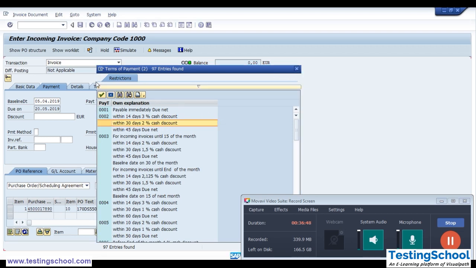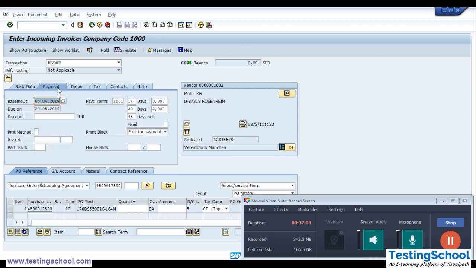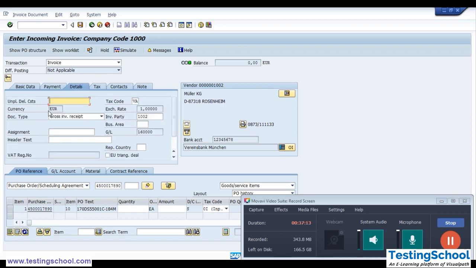And this is mentioned here in the basic tab. See here, within 14 days, 3% discount, within 30 days, 2% discount, and within 45 days net. Net you need to pay, so within 45 days you have to pay the net, no discount. Details: this is the currency that the customer deals with. Goods receipt, invoicing document is there, tax code VA is there, invoicing party is this, general ledger account is this,